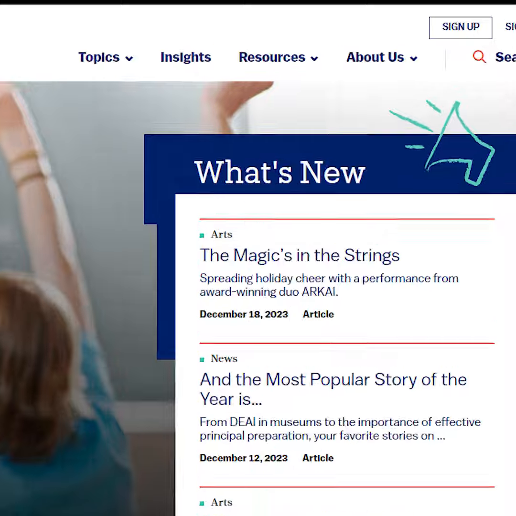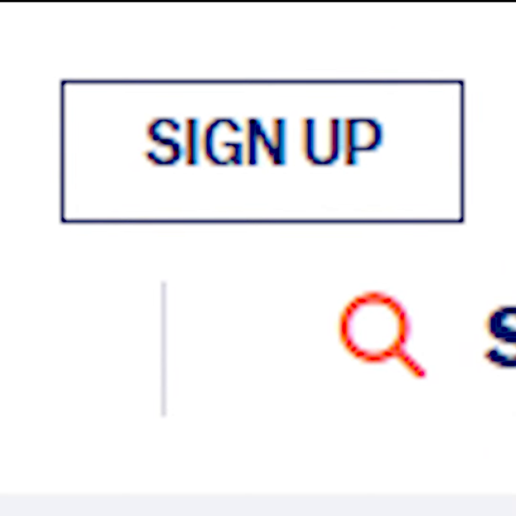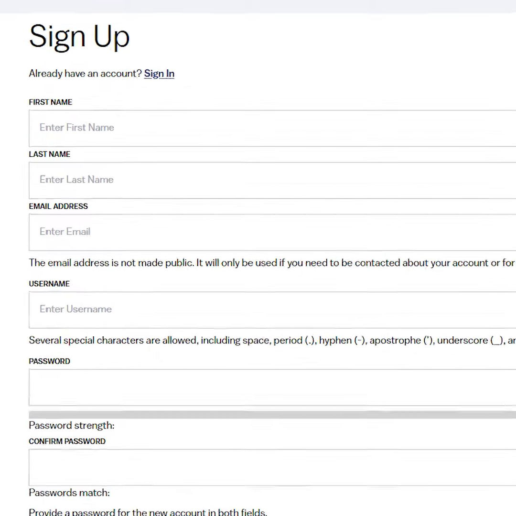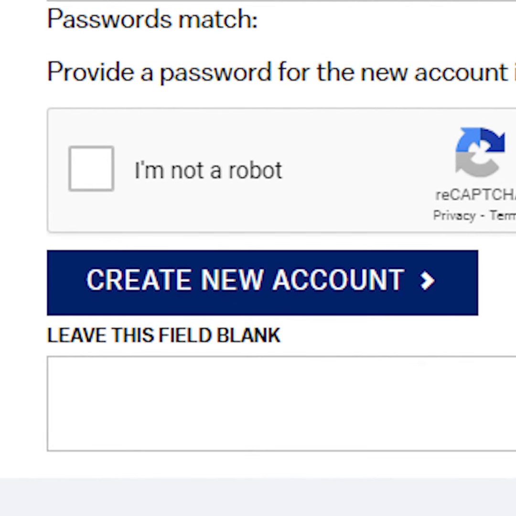To create a new account, click on the Sign Up link at the top right corner of any page. That link will take you to a standard sign-up page where you can enter your name and email address and create a username and password. Enter the fields as you like, click on the CAPTCHA box, and click Create New Account to get to your